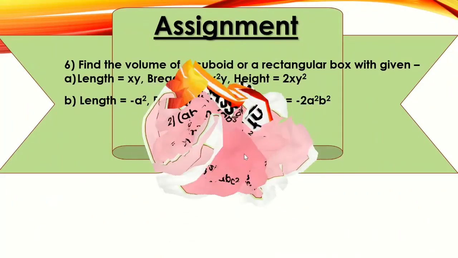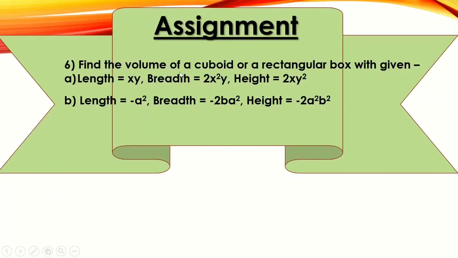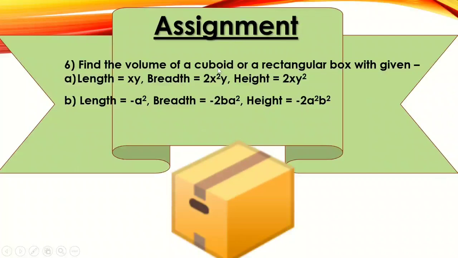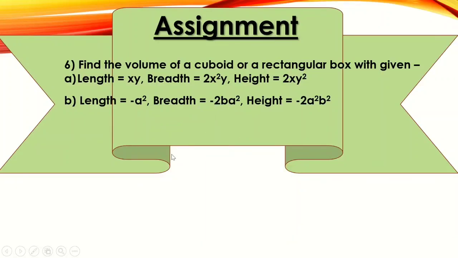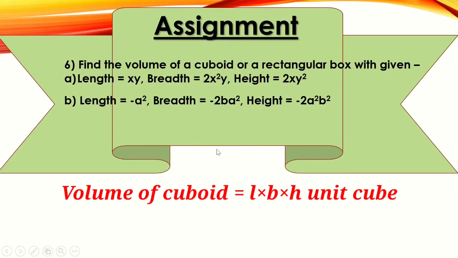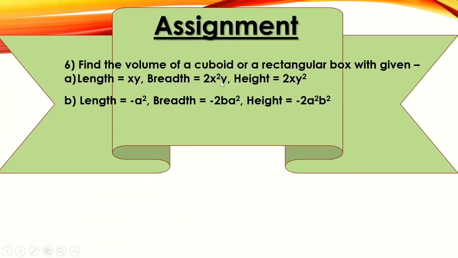The next set of assignment is to find the volume of a cuboid or a rectangular box. If I say rectangular box or a cuboid, it means the same thing, where the length, breadth and height are given to you, and you need to find the volume of the cuboid. So volume of cuboid is equal to length into breadth into height, and that is going to help you find the volume. You can just multiply the terms and you will get the volume. Now I'm sure that you can easily do the exercise given in the textbook based on the concept, so please do that. So that's all for today.